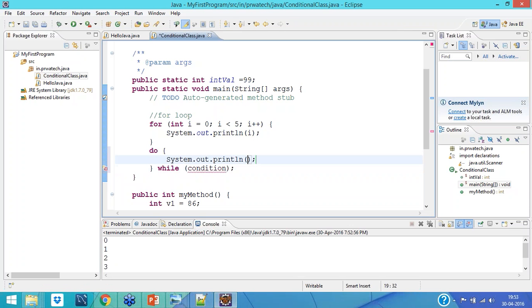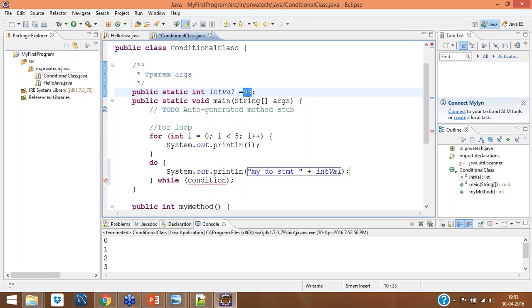Do means let me print something: my do statement plus int val, and int val is equal to, let's say, 20, while int val is greater than 20, less than, sorry.